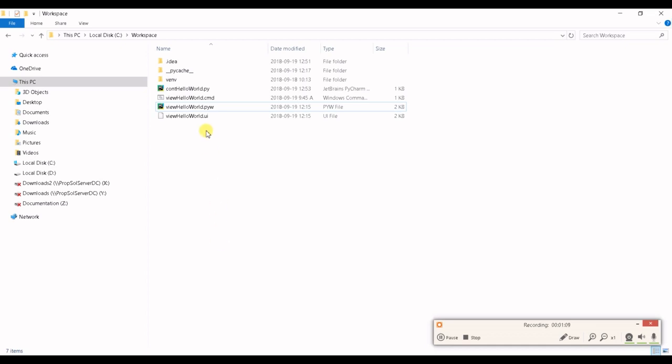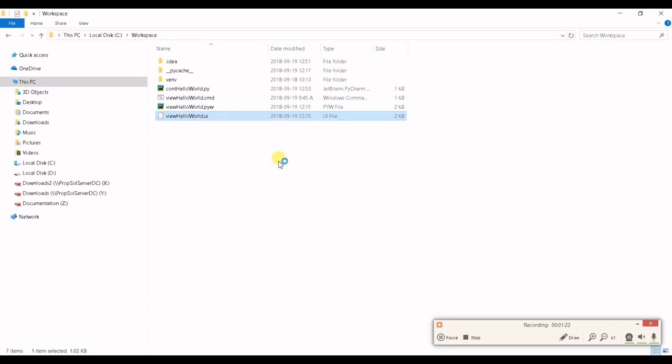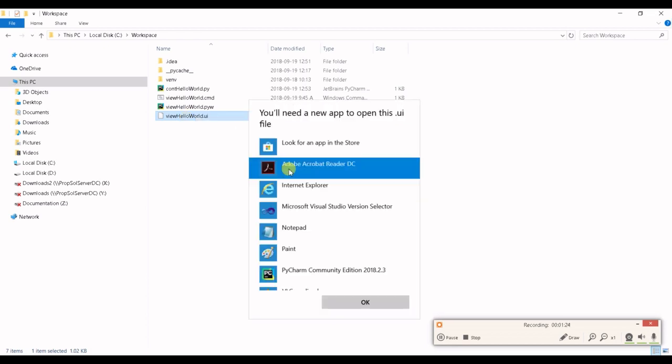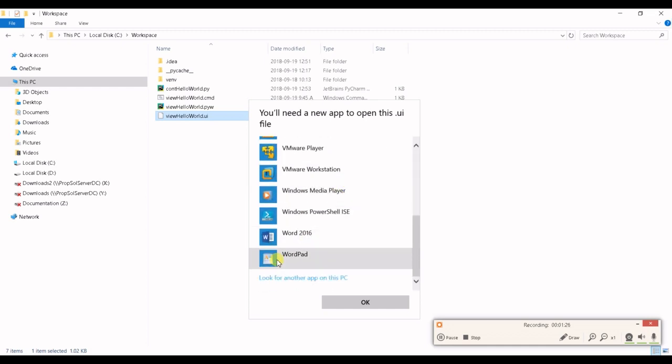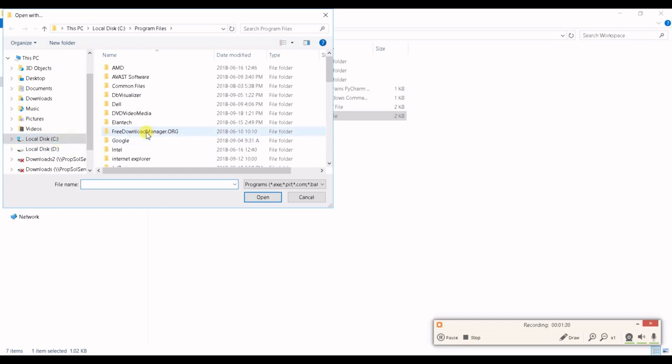So the last thing I want to show you, a nice thing, if you want to make changes, say to the user interface. Let's do that. Let's go back to the user interface. I'm going to open this with Designer. This is the first time we open the Designer from this side, so let's just quickly go to the Designer app. It is located on the C drive,